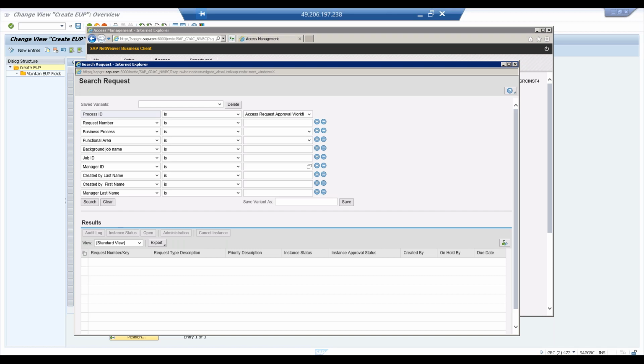For example, there are different criteria, guys. So you want to search the requests which are created by this particular person on this date. Or maybe for one manager, what are all the requests, whether they are approved or pending, all that kind of stuff you want to do. Okay, here it is a place. So if you click on search,